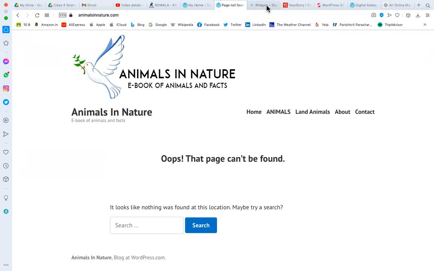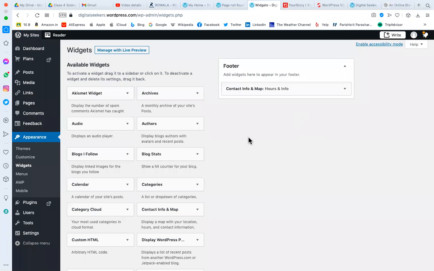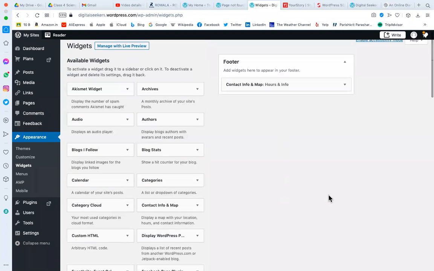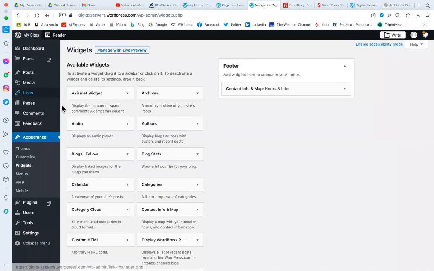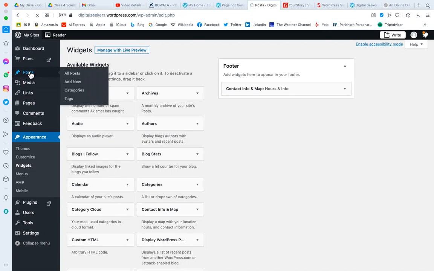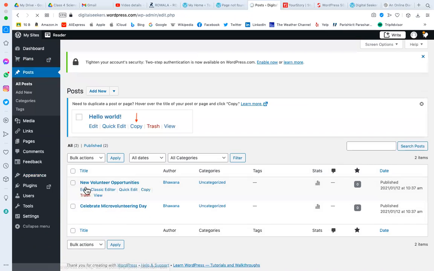And in some themes, you will also find the left sidebar and right sidebar. These options you can manage. You can add elements to the sidebar as well. You can add important links to the sidebar. You can add a category list to the sidebar. If we want our category to appear, we can go to the post and select the location. If you have created any new post, you can click on add new post.